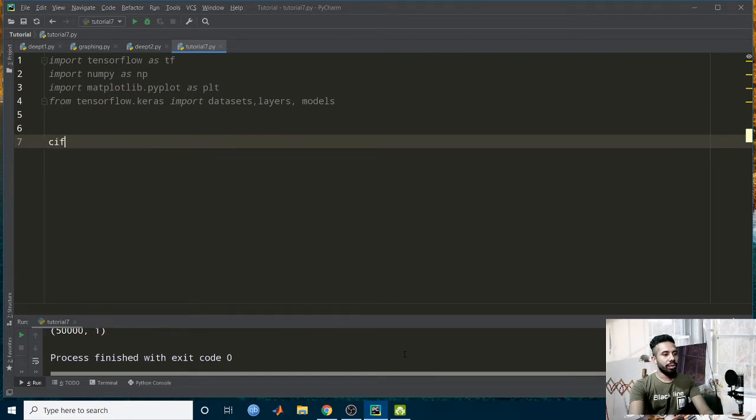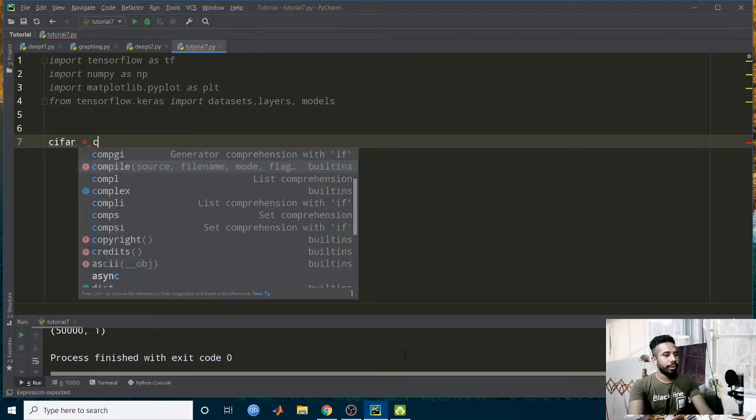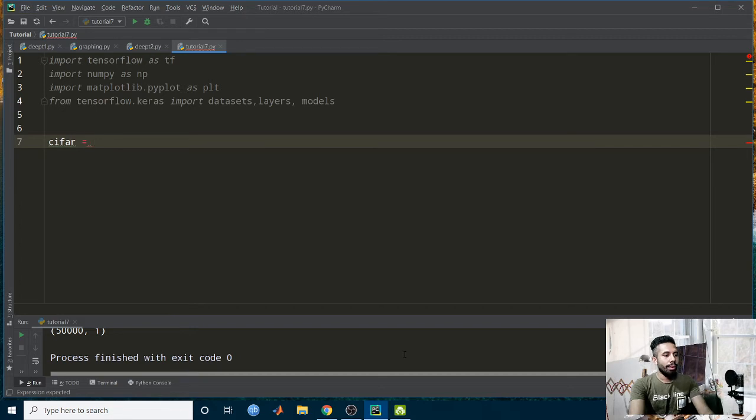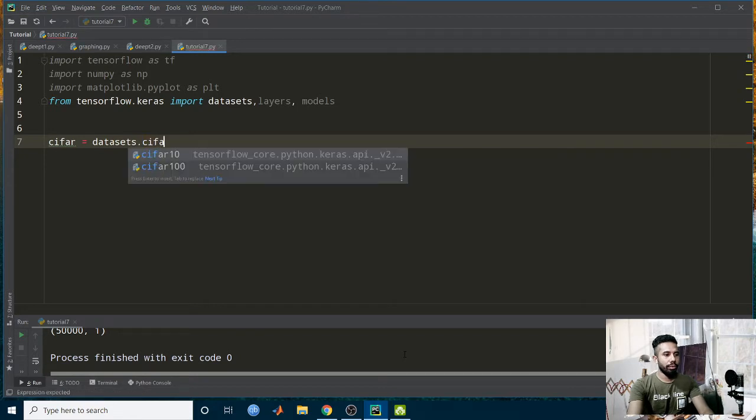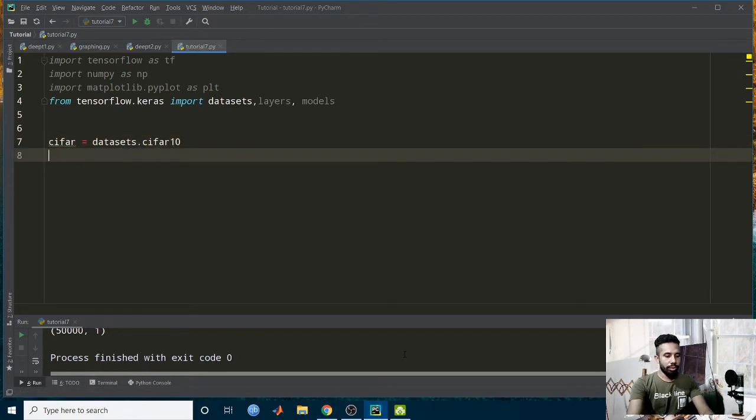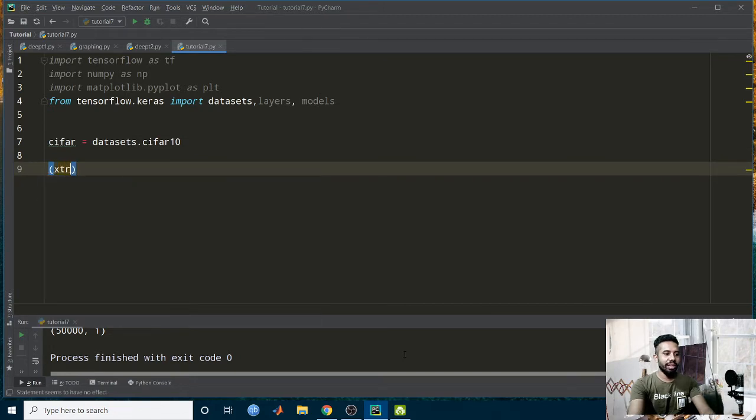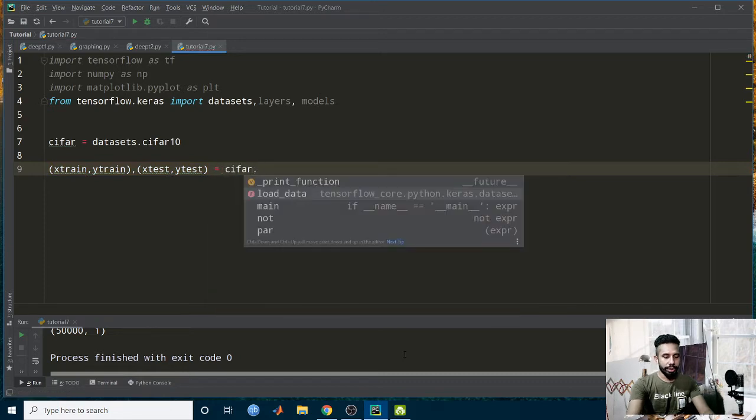Write out CIFAR equal to, so I will be taking the CIFAR-10 dataset where there will be 10 classes. So just write this out: datasets.cifar10. So I will be loading CIFAR-10. Now write out x_train and y_train, and after that x_test, y_test equal to cifar.load_data. Okay,